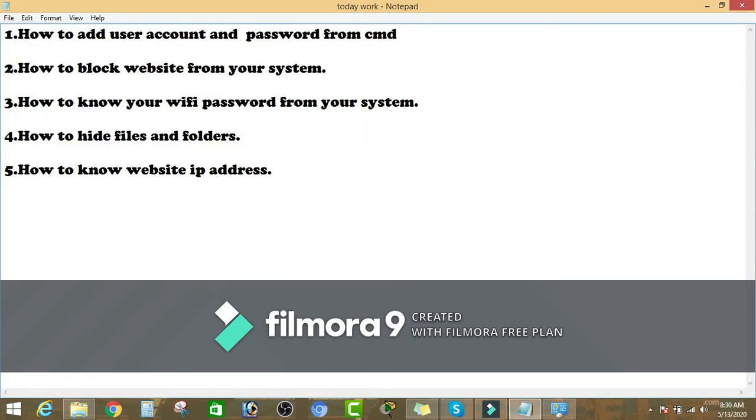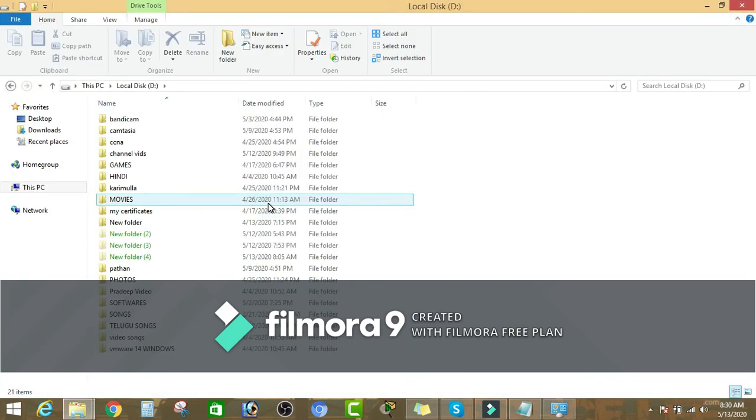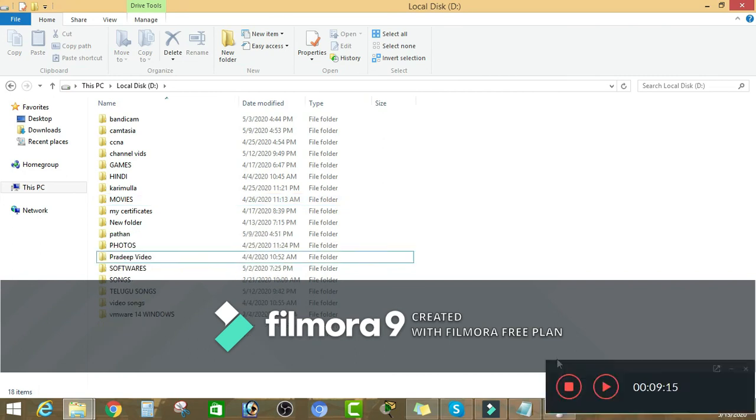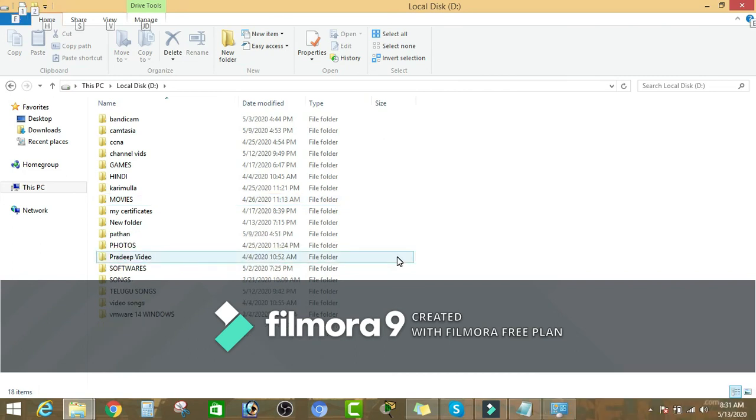And next we are going to see how to hide files and folders. In this I am going to hide my files which are important to me, and we can see here so many files are there. I am going to hide this photos folder. You can also hide whichever file is important to you, so you can keep your data secure or secret.